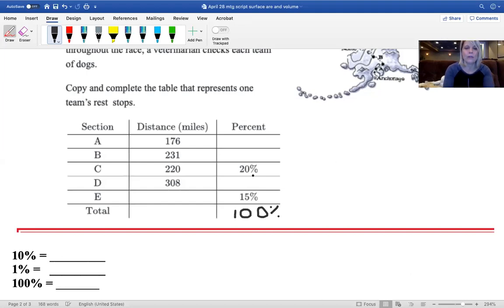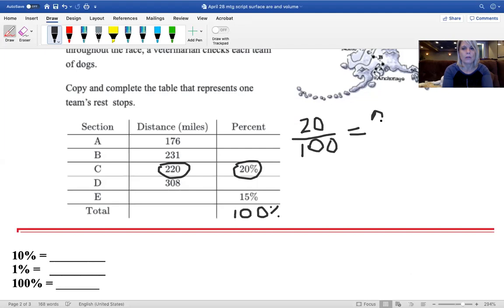So what I'm going to do is I'm going to set this up. Now think about it. We know the percent. We know parts of it. So I'm going to set this up on the side, and I'm hoping you guys are thinking the same. Set this up on your paper. So I have 20 over 100. That's my percent. And that's going to be equal to